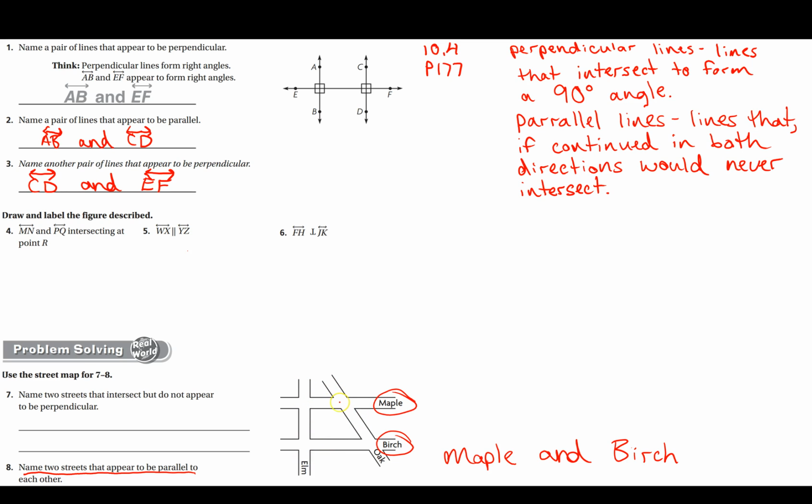Even though they don't cross yet, the definition says even if they don't cross yet, if they would cross eventually, if those lines were continued, if they would cross at any point in the distance, then they are not considered parallel. And those two would eventually cross if we